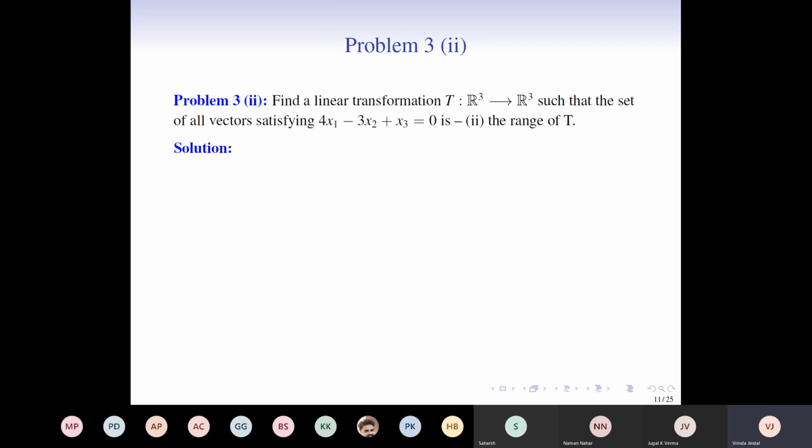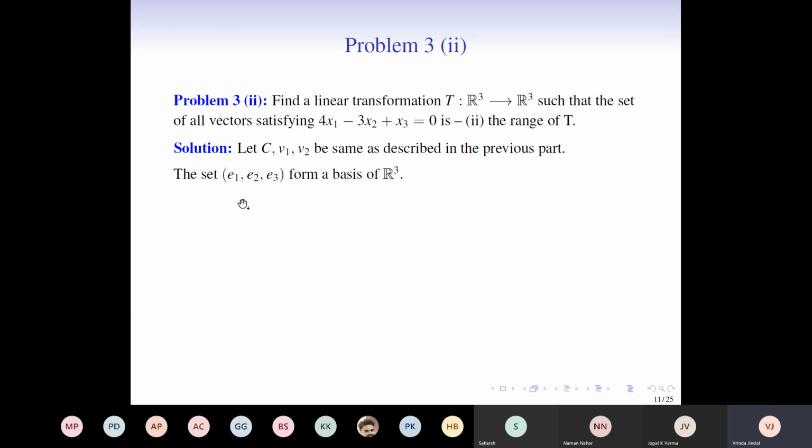Now the second part was that we want all the vectors that lie in the given plane to be the range of T. Last time we wanted all the vectors that lie on this plane to be the null space of T. This time we want them to be the range of T. So what do we do? Just assume that C, V1 and V2 have been defined as they were defined earlier. C represents the set of all vectors that satisfy this plane and therefore corresponds to a plane in R3. V1 and V2 are two independent vectors in C and form the basis of C.